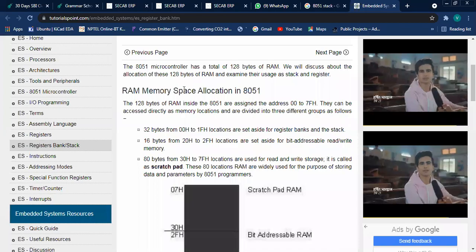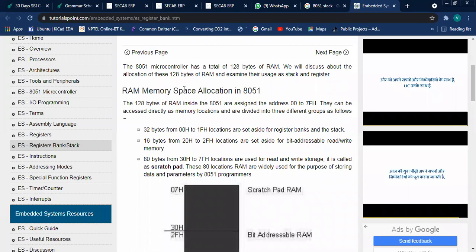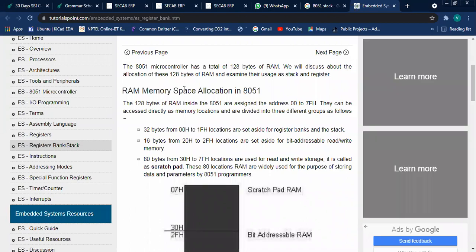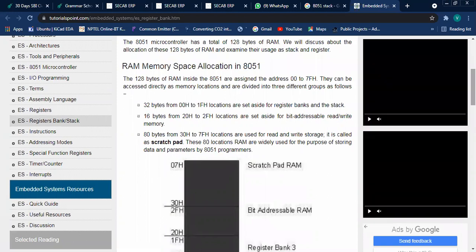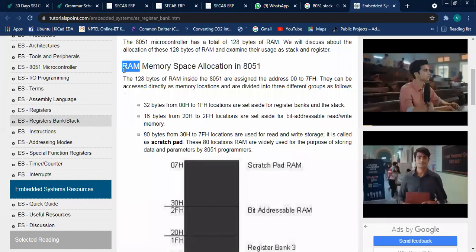Processor architecture or it may be a microcontroller architecture. In any of the architectures, the stack memory is one of the segments present inside the RAM memory space. So we'll discuss a simple thing about the stack and the usage of the stack memory. Before that, let us recall what we have learned about the RAM space, RAM memory.